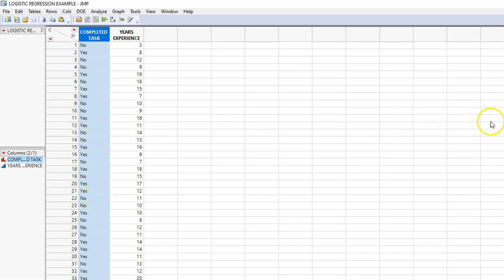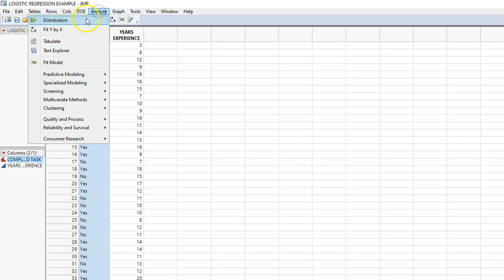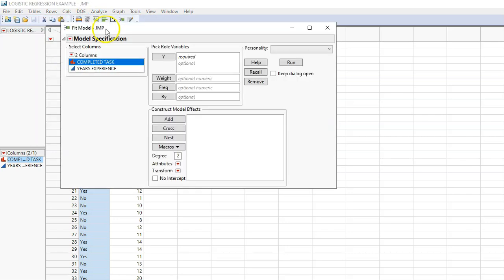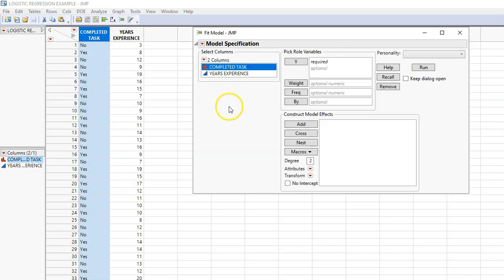Maybe in the future this reduces a lot of work in the interviewing process, and we can actually filter our candidates based on logistic regression. So let's go to analyze, fit model,